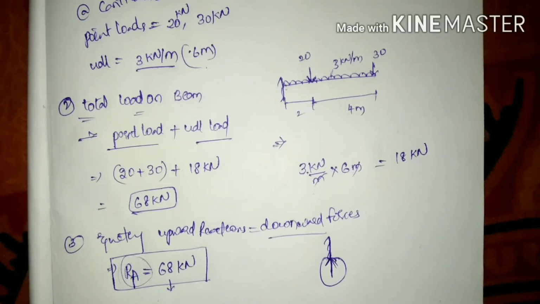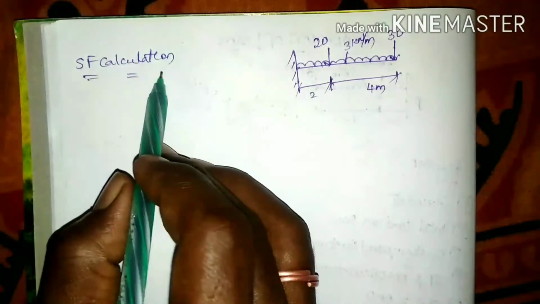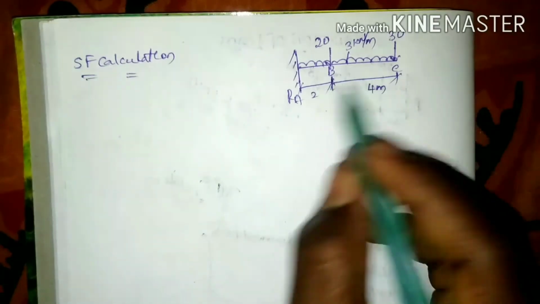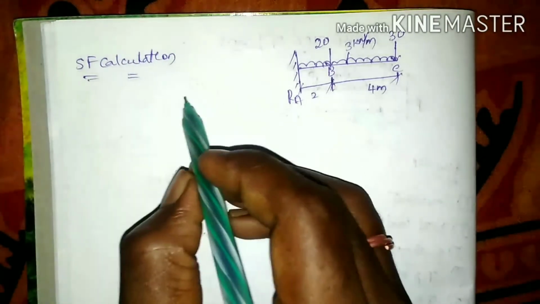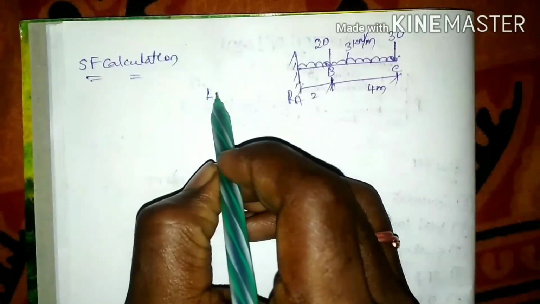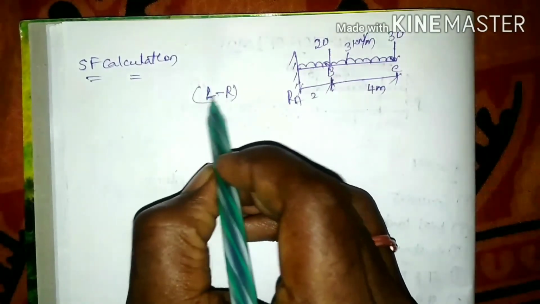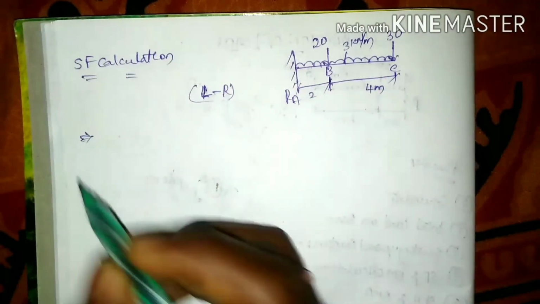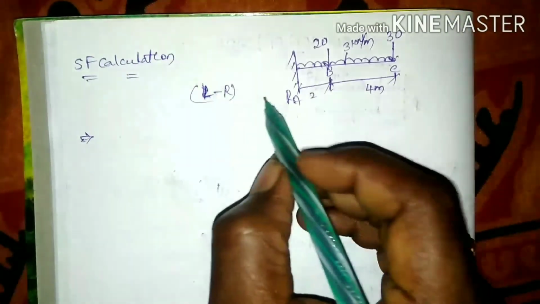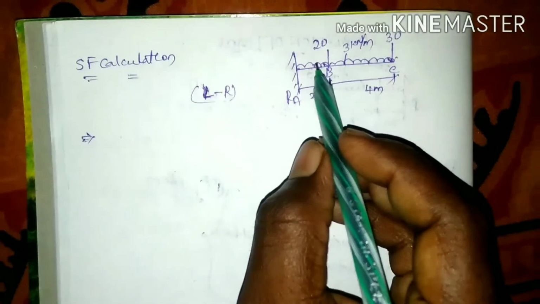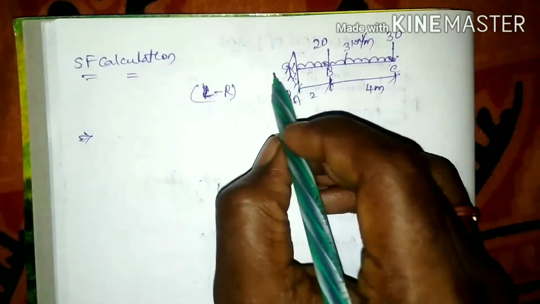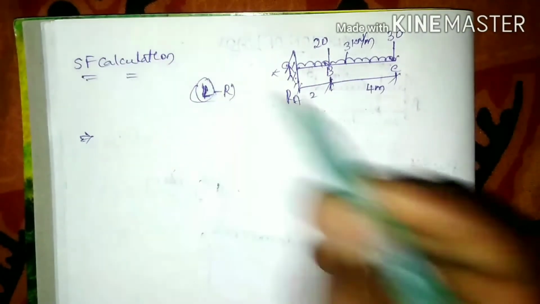And next, our fourth step, shear force calculations. For the shear force calculation, we are going to take the left and right of the points. I am going to take left to right. This is our shortcut to find the shear force calculation. When I find the shear force from left to right, I am going to stand left of the point and look left, as our shortcut method.